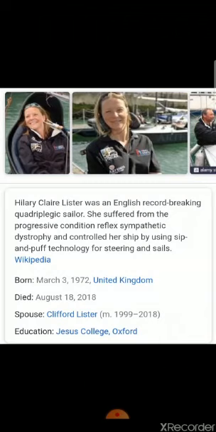Yes, it's correct. Sailing, C. She was feeling very happy when she was sailing. Number 2. By the time Hilary was 15, she A, completely paralyzed, B, couldn't use her legs, C, couldn't use any of her limbs. Look at the article. By the time Hilary was 15, she couldn't use her legs. Very good. Number 2, B.